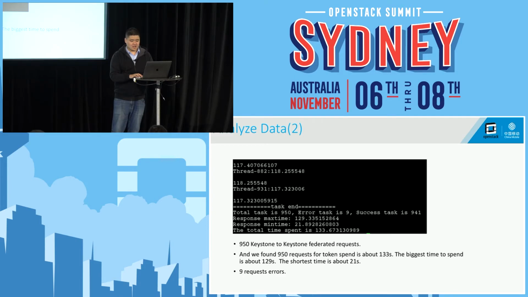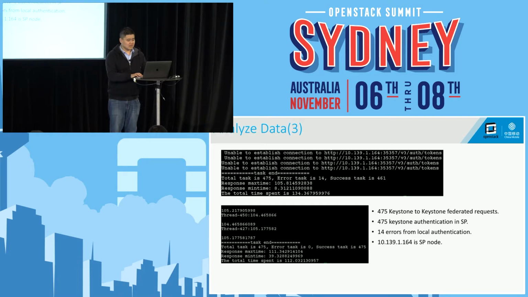So just using federated authentication may not relieve pressure. We may use a mixed model. So let's see another test. This page shows another test. The total request is about